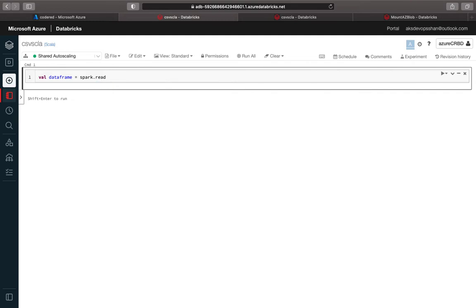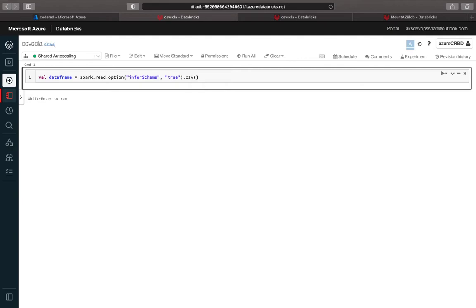In this case, we're going to use read, and we are going to use an option method. Now this option method is interesting, because it helps us tell Spark how we want to read the data. I want Spark to understand the schema of my data automatically. I don't want to write my schema for this data, so I want Spark to infer the schema automatically. So it's going to be inferSchema, and I want to set it to true or false. In this case it's going to be true. Once I've done that, I am going to pass it as a CSV,